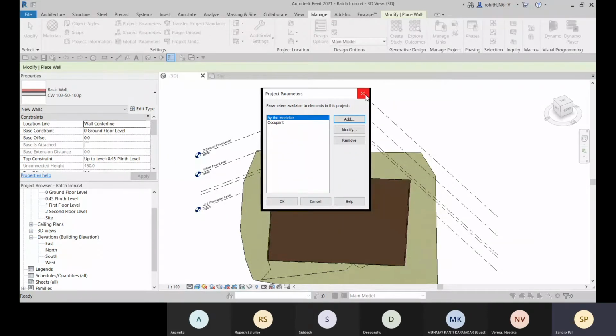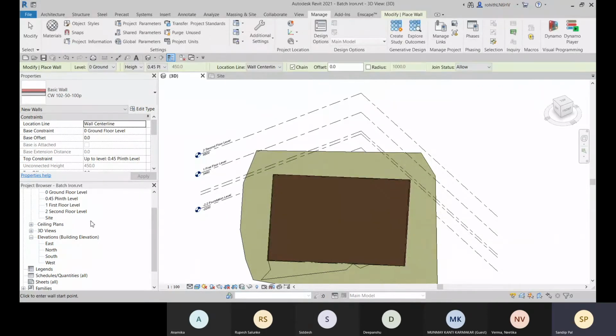So when I need to add this project parameter, suppose for any element, I need some parameters which are not listed. Either it may be in the instance parameter, or maybe in the type parameter. They are not listed. So we only get some default parameters within each element. Sorry to disturb you. What is the difference between type and instance parameters?